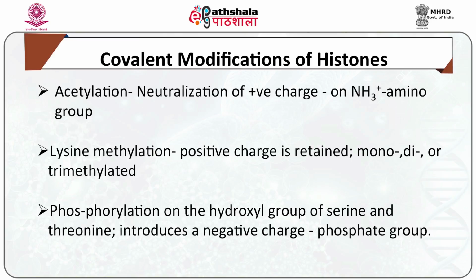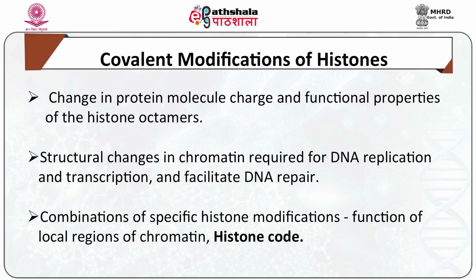figure 7. There is a neutralization of the positive charge that is present on the ammonium amino group by acetylation, whereas the positive charge is maintained in the case of lysine methylation, and lysine can be mono-, di- or trimethylated. Phosphorylation occurs on the hydroxyl group of serine and threonine, and it introduces a negative charge in the form of a phosphate group. All these modifications are transient and bring about changes in the charges of the protein molecule and the functional properties